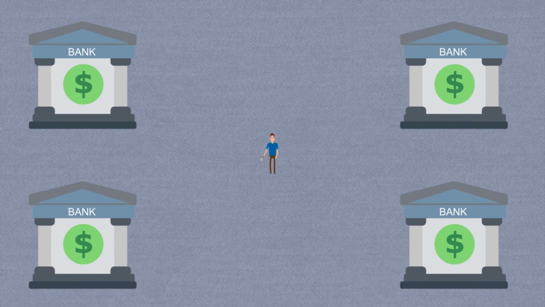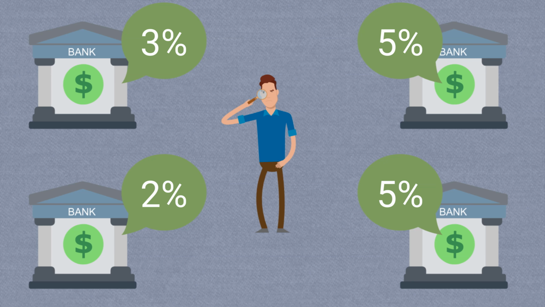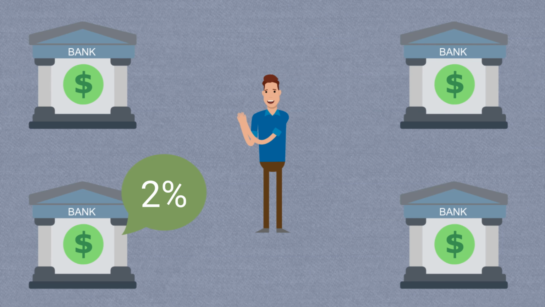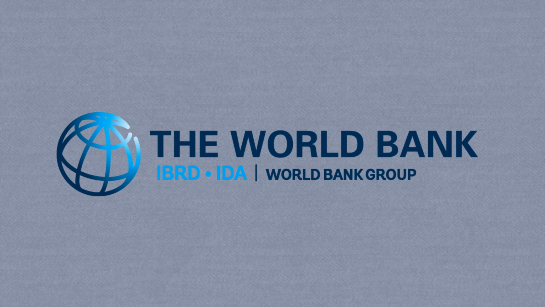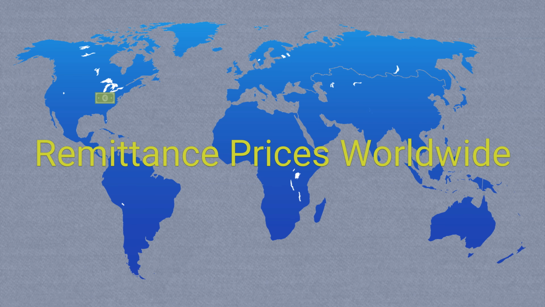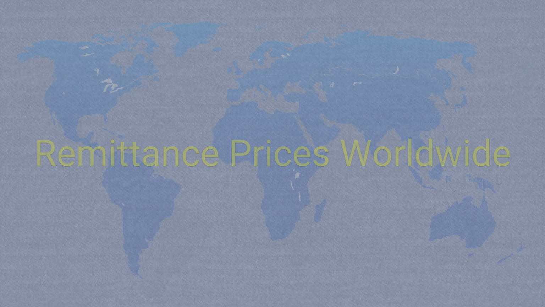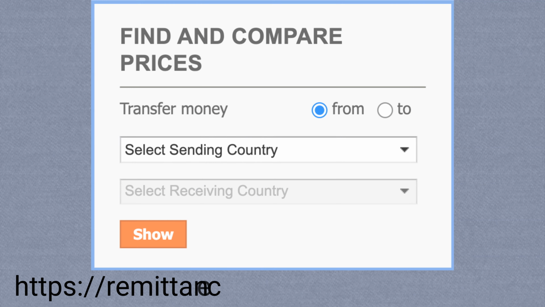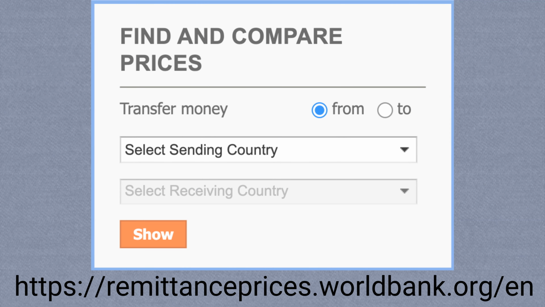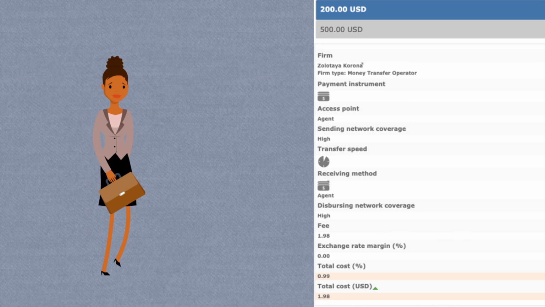In the meantime, there are tools available to migrants so that they can find remittance senders offering the lowest cost to send money from their current country of residence to their country of origin. The World Bank's tool is not only straightforward, but also uses data from Remittance Prices Worldwide, an initiative that has been monitoring global remittance costs since 2008. To use the tool, just specify the sending and receiving country for a remittance. Plus, choose from the transfer amounts of $200 or $500 US. You'll then get a list of known remittance service providers.